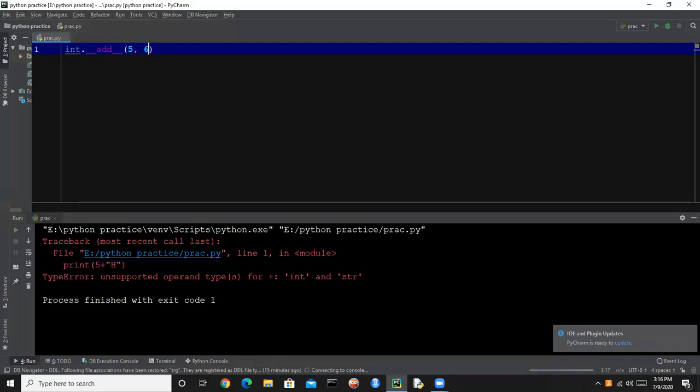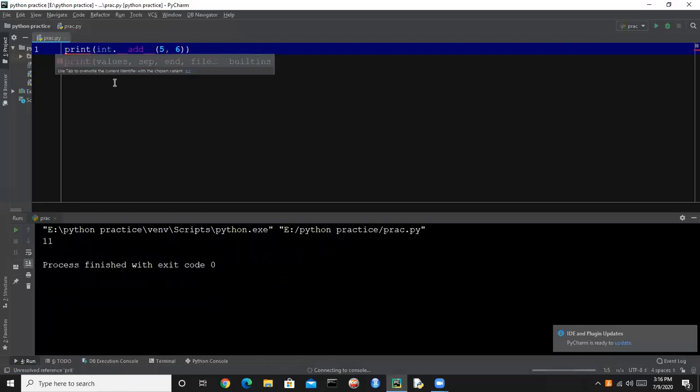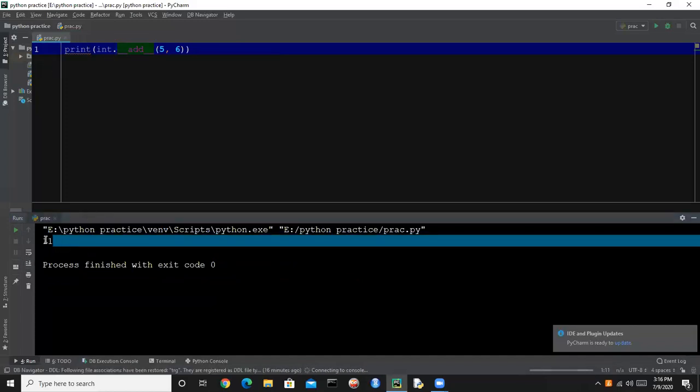If we run this code and print this, it gives us 11. So it is also adding these two numbers. Behind the scene, every time we use the plus operator, that plus operator calls this add function and adds the values we are passing.